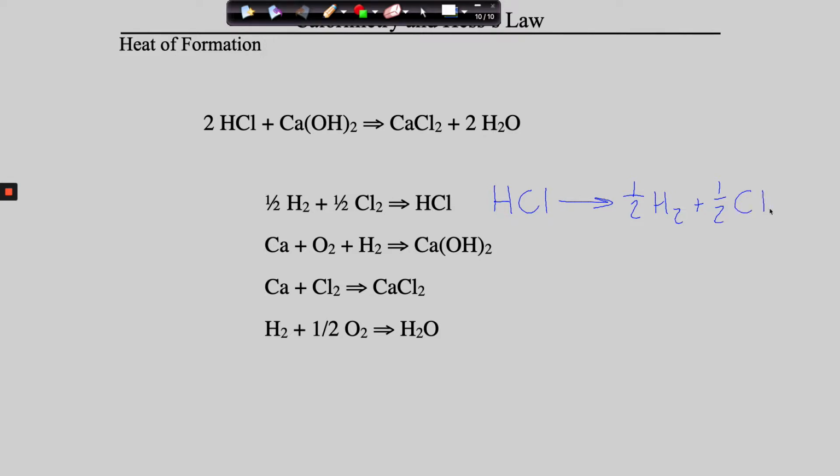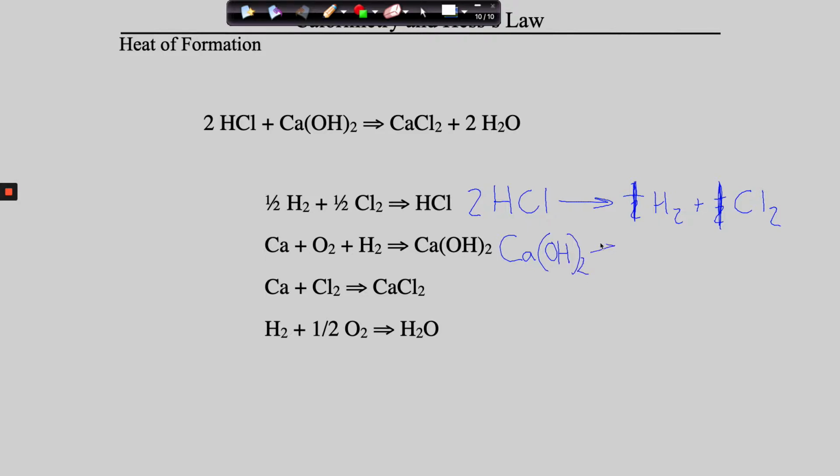Okay, now are we where we need to be? What else do we have to do? Double it. So we've got a 2, and we've got a 1, and we've got a 1. And then, guys, in a minute, I'll give you the delta H values, and we should double those as well. Okay? Now let's keep going. Does this equation need manipulation? What has to happen? It has to be flipped. So, guys, we've got